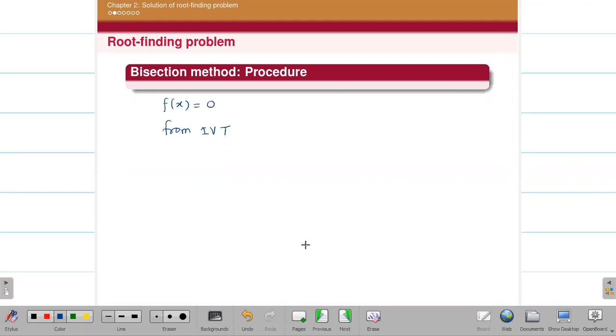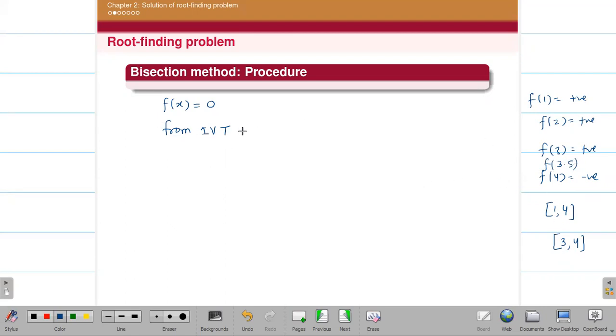Okay. So always take the smallest interval, because if I take f of 1 is positive, f of 2 is also positive, f of 3 is also positive, f of 4 is negative, suppose, then 3 4 will be the interval. You can also say 1 and 4 will also be an interval, but it is better if you choose the smallest interval. So the root will lie in 3 4. You can find it at 3.5 also. So that will give you fewer iterations.